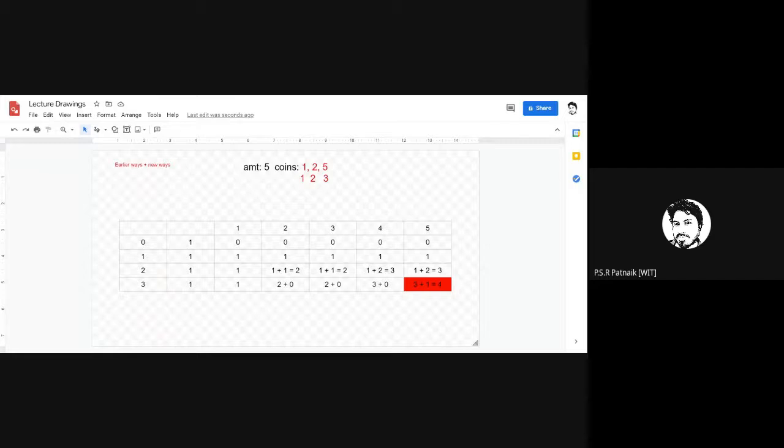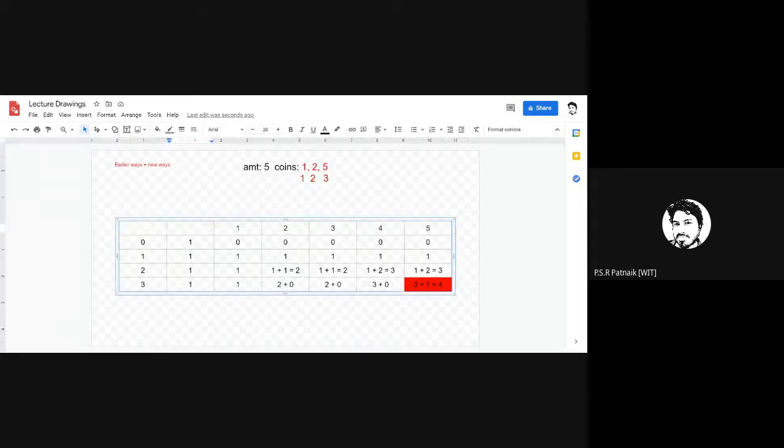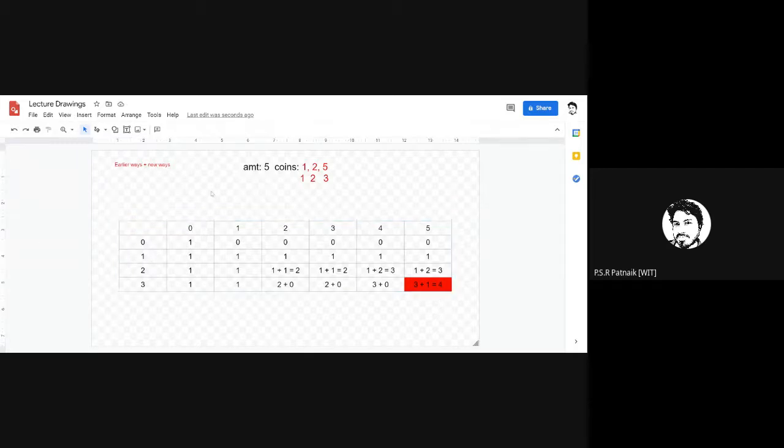So at the end of this, where would you find the solution? The solution will be the bottom right corner. Now you might ask me, sir, why do we always start with zeros here? Why not have 0 here and there? Because we start with zeros here and here so that implementing it in code is easier.